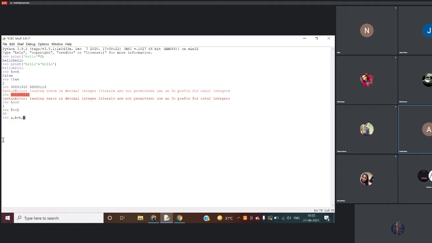Okay, also there's a condition, you can never name your variables with the keywords. There's a one marks question that always comes: what is the difference between keywords and variables?